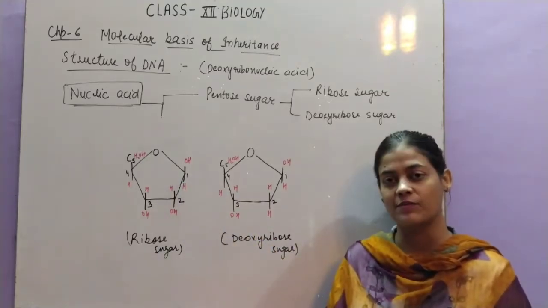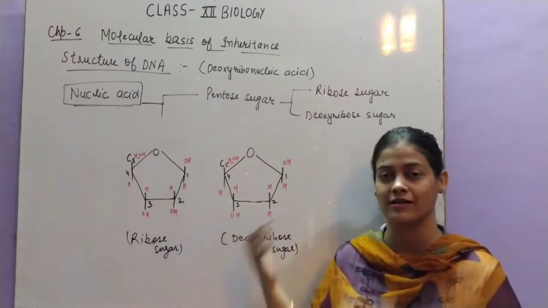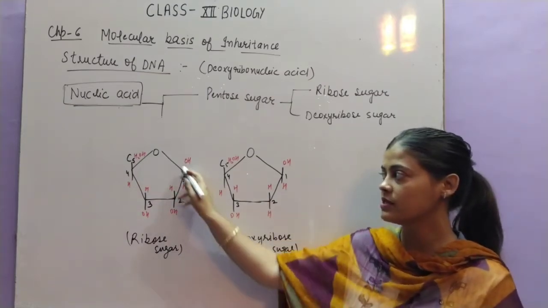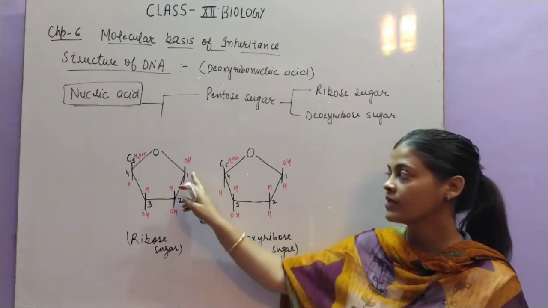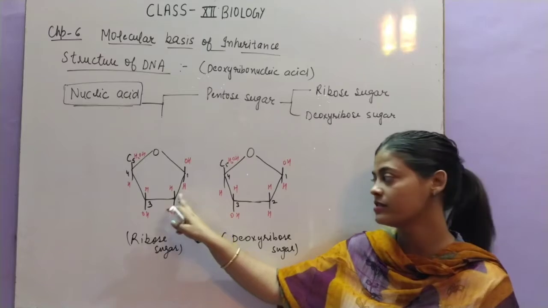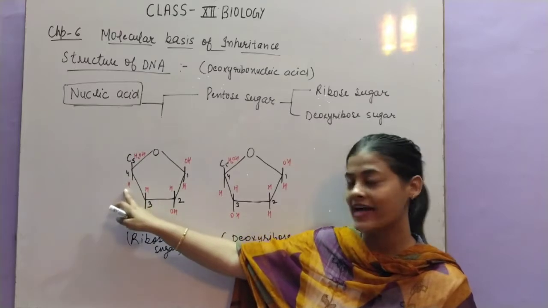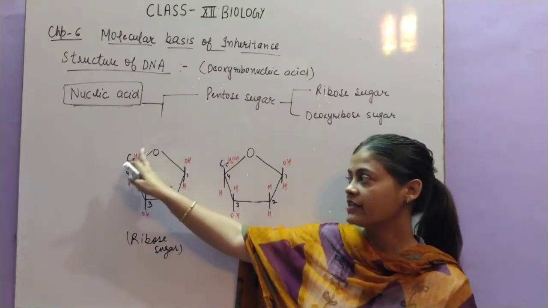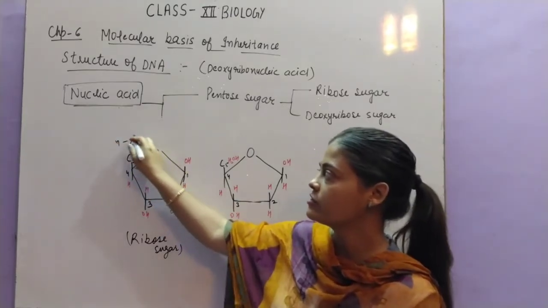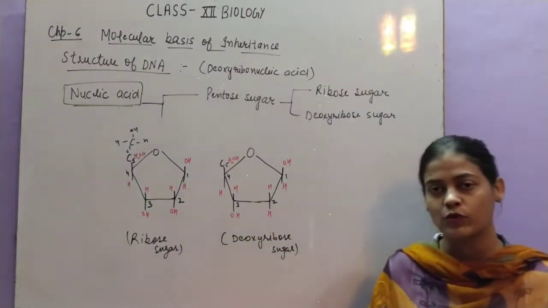You know that the valency of carbon is 4. So we have to complete the valency by finding out what other functional groups or atoms are attached with the carbon. This is the first carbon, making a bond with O and C, and at one point it has OH as a functional group, and at the other one, H. Second carbon has H and OH, third carbon has H and OH, fourth carbon has H, and fifth carbon has CH2OH. I have not shown it separately. तो यहाँ पे C के पास OH है और यहाँ से ये फोर्थ कार्बन के साथ अटैच्ड है. So this is the structure of ribose sugar.